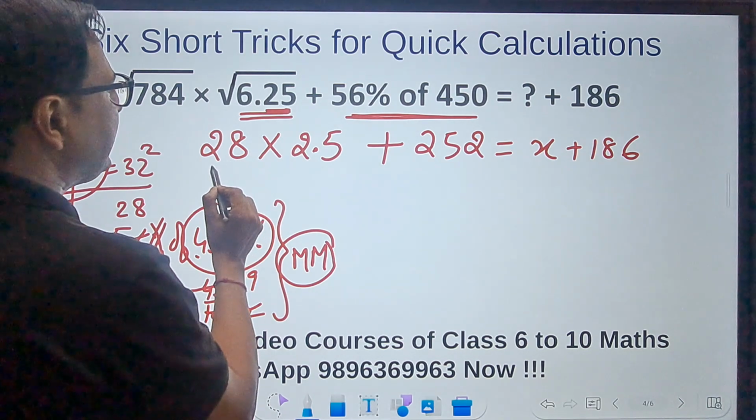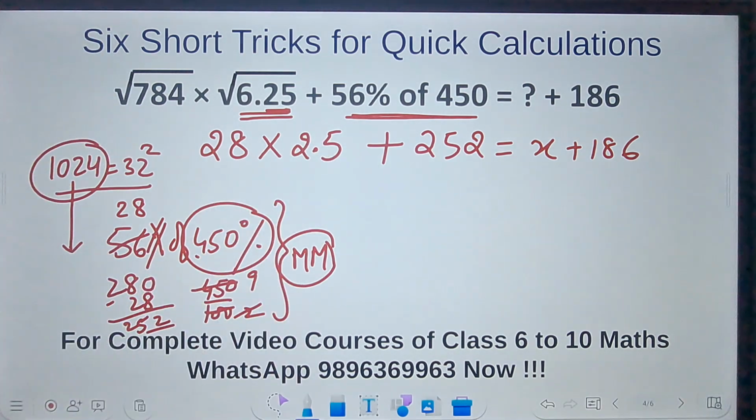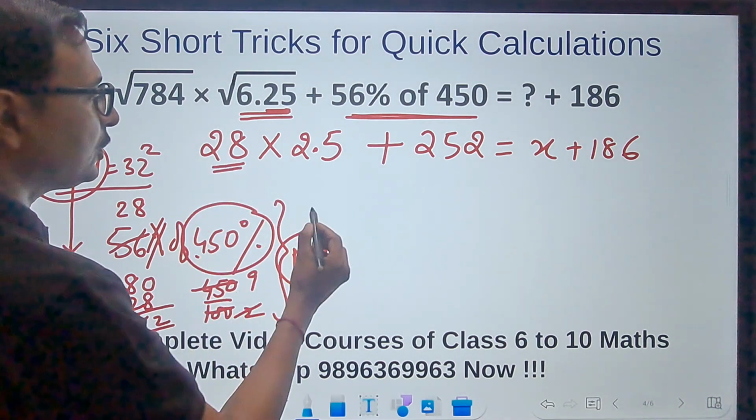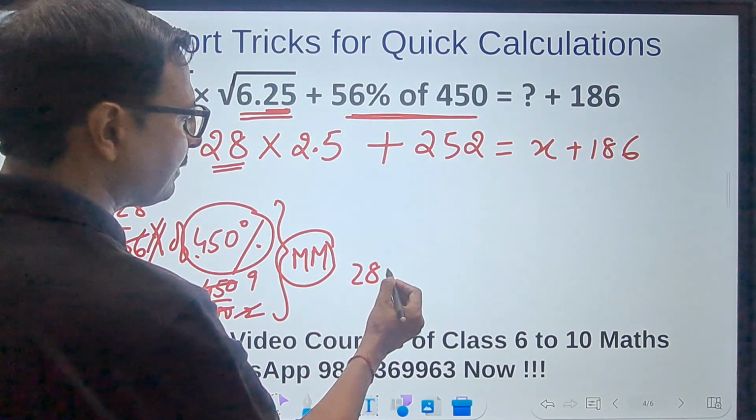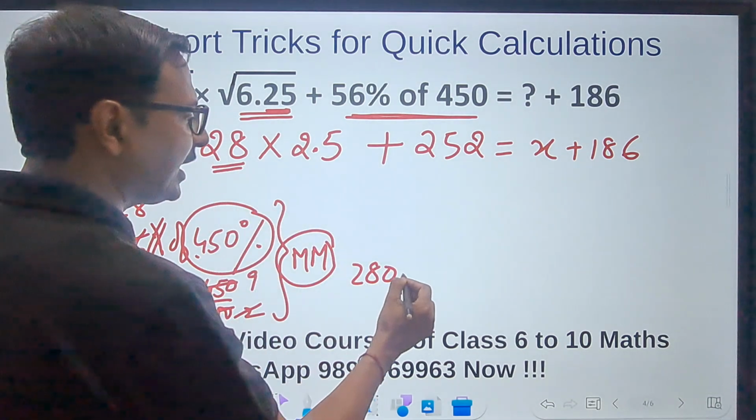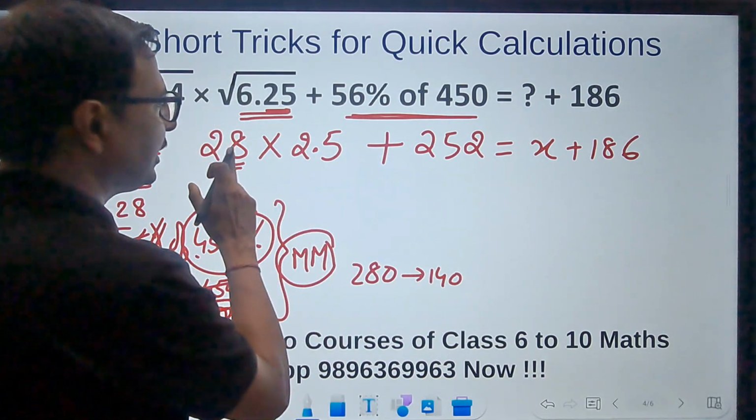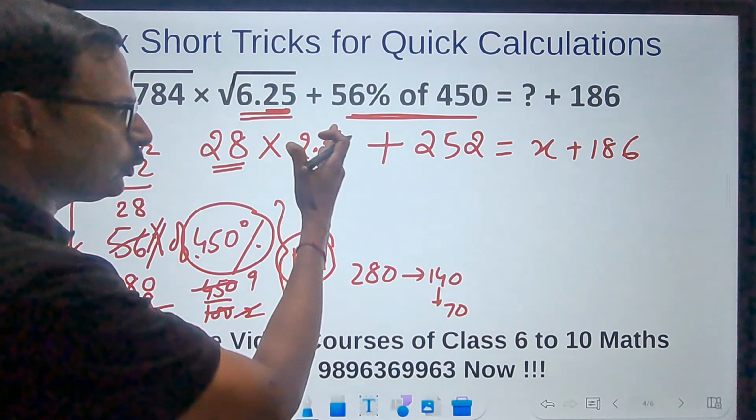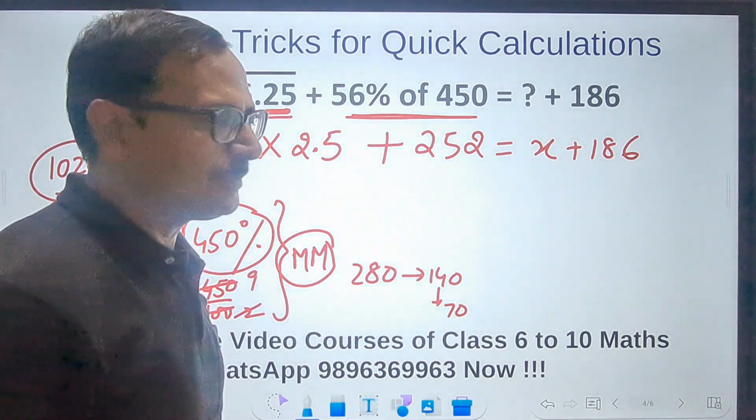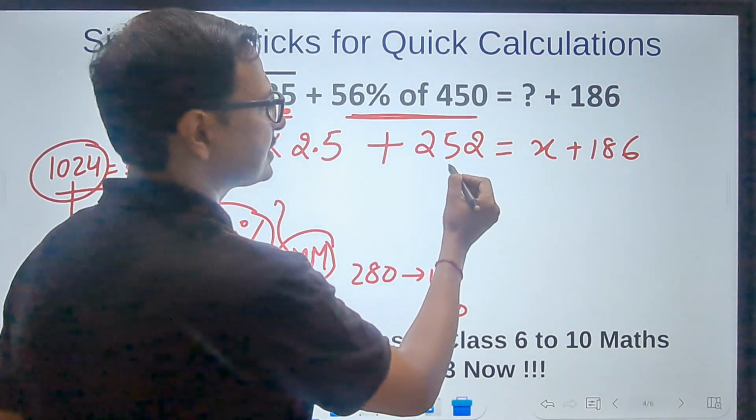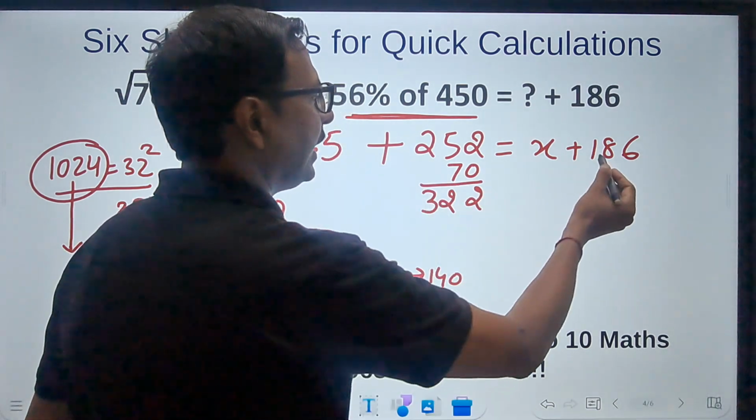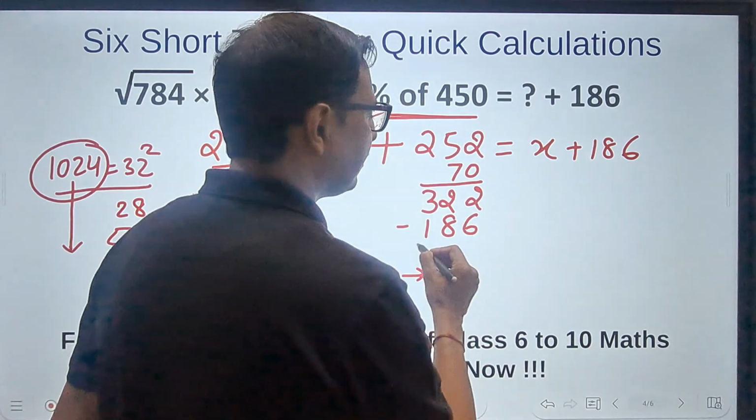Now how do you do 28 times 2.5? Now multiplication by 2.5 is very easy because you can actually do 280. So you have multiplied 28 by 10. Half of that is 140. So now you multiply 28 by 5 and half of that is 70. So you multiply 28 by 2.5. I get a 70. So 70 plus 252 gives you 322 and 186 subtracted from this will give you your